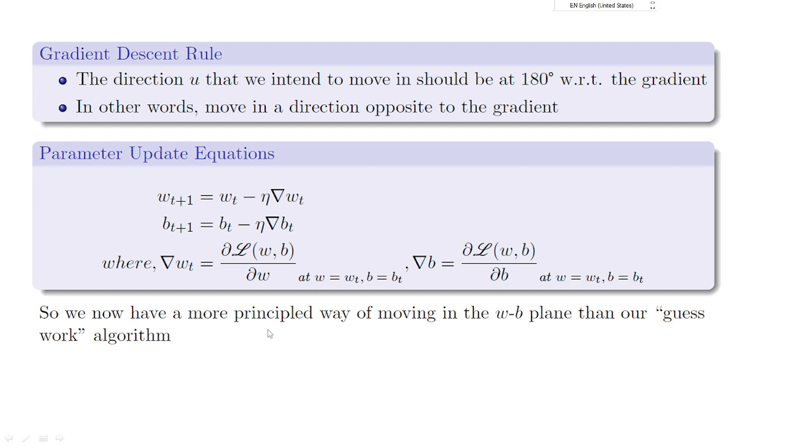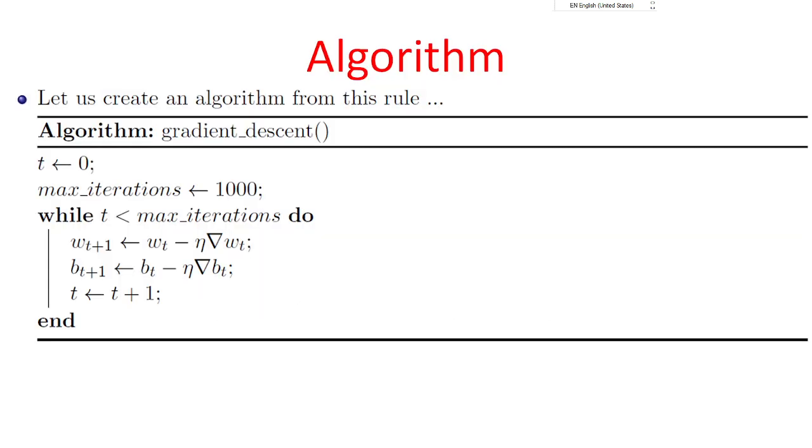Okay. Now we have a more principled way. So this is an algorithm. This algorithm is a learning algorithm, the gradient descent algorithm. I can give it in the form of a table. So how do you use it? First you initialize t. Maximum iteration, let us say 1000, while t is less than maximum iteration,